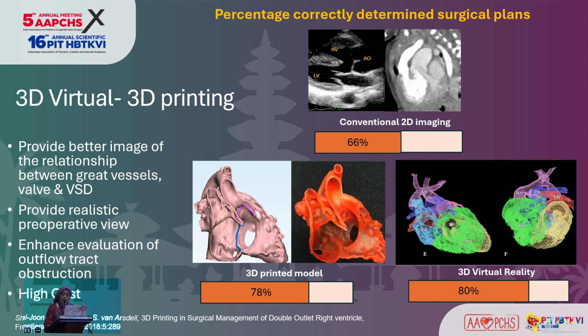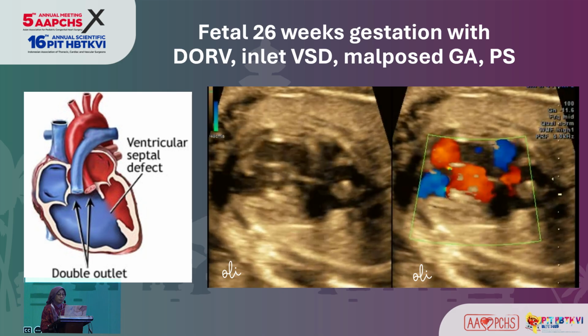Next, I will share some case illustrations and the imaging modalities that have been used to plan the intervention. These images demonstrate a fetal echocardiography finding in a pregnant woman, 26-week gestation, who was referred by an obstetrician with the suspicion of fetal heart defect. So you can see from the four-chamber and outflow view the location of the VSD, the relation between aorta and pulmonary artery, and the colored Doppler flow pattern. There is a muscular VSD here, and the aorta is located anteriorly to the pulmonary artery, and the pulmonary artery caliber appears smaller than the aorta, indicating pulmonary stenosis.